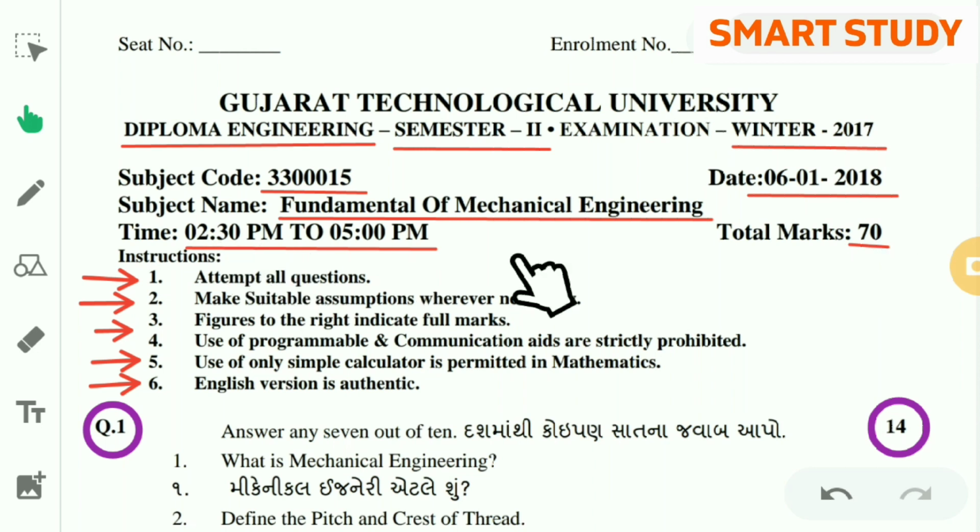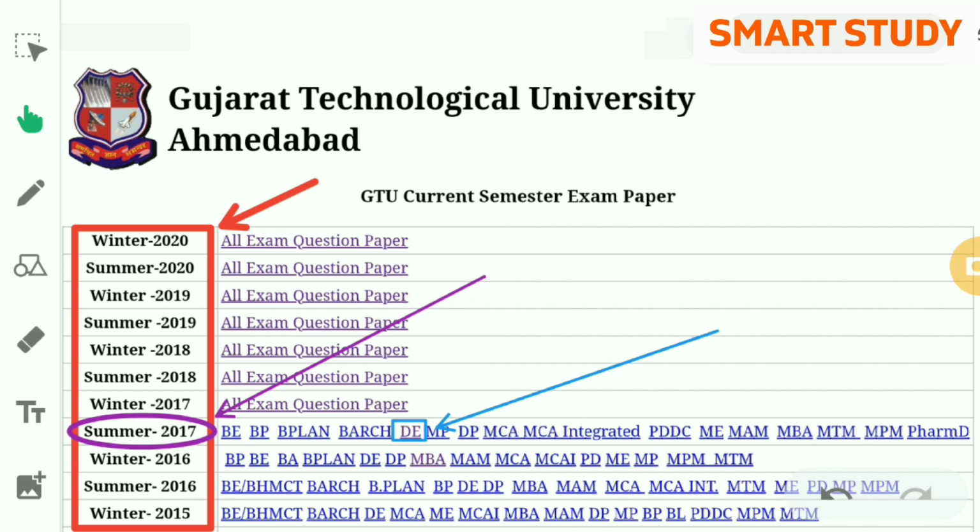Some instructions are also given, and here the question number is given, and here the marks of each question. Now by following this simple procedure you can download the papers from winter 2017 to winter 2020.